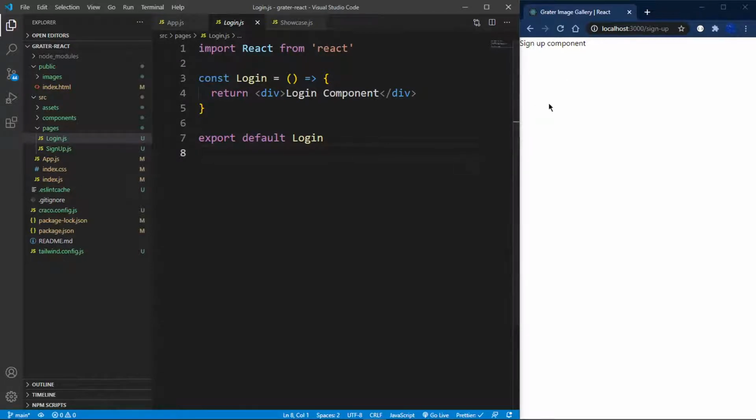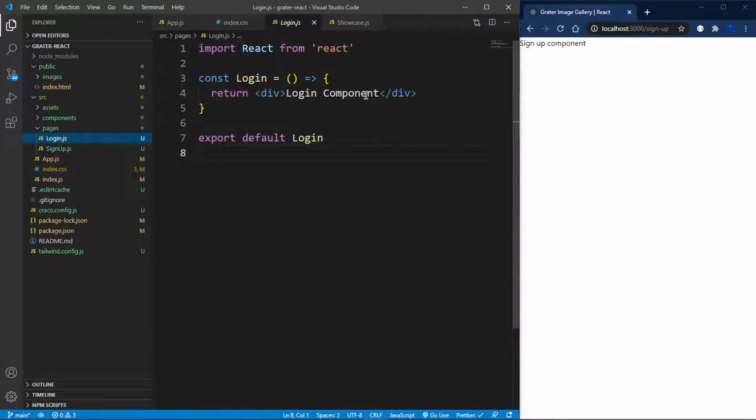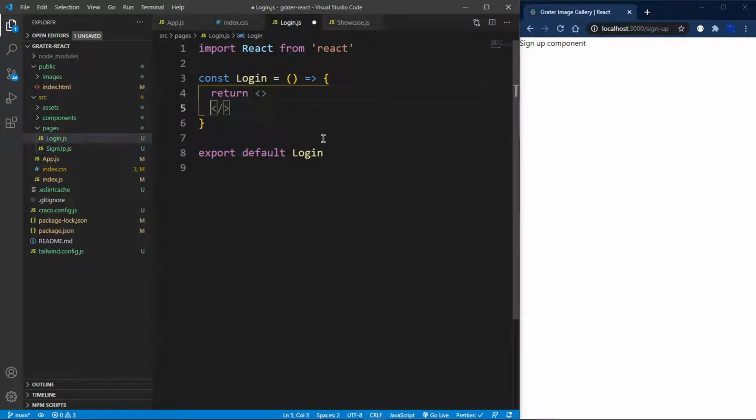And then for this, I want a background image on this, right? I want a background image, so I will need to go inside my index CSS. Before I do that, let me remember to go into my login and create a section right there. Actually, you know what, let me return first a fragment like that, and then create a section with a class name of login